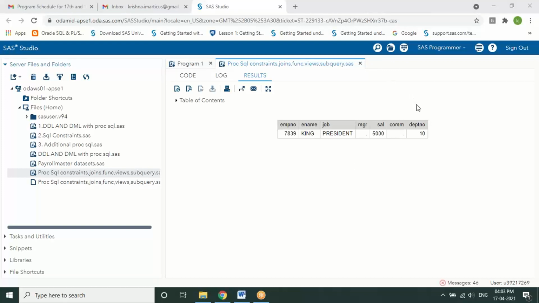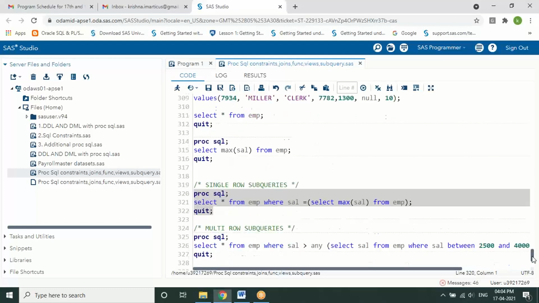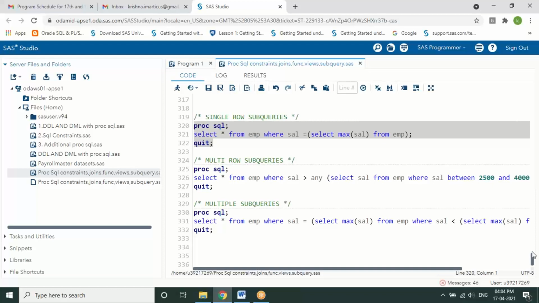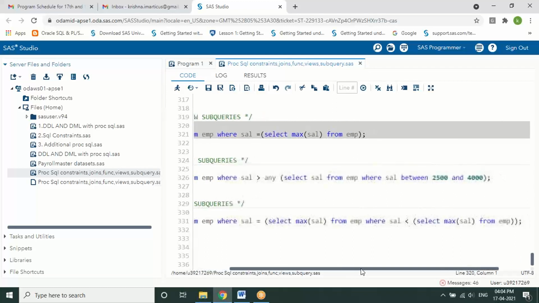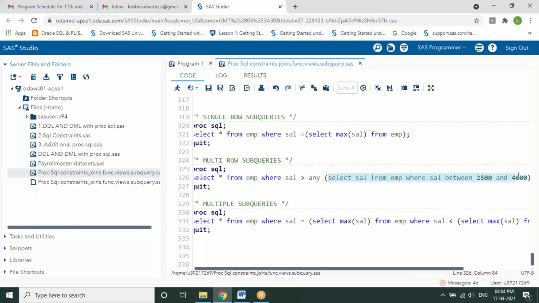We have different types of subqueries, going in depth, like multi-row subquery, multi-column subquery, correlated subquery, and there is also exists, having, and many other things, going very deep into subqueries. But a few examples are given here on how to write a multi-row subquery. Here I'm writing one more syntax for multi-row and multi-column. First, I'm showing you the inner query: select salary from employee where salary between 2,500 and 4,000, where I'm fetching a few records.